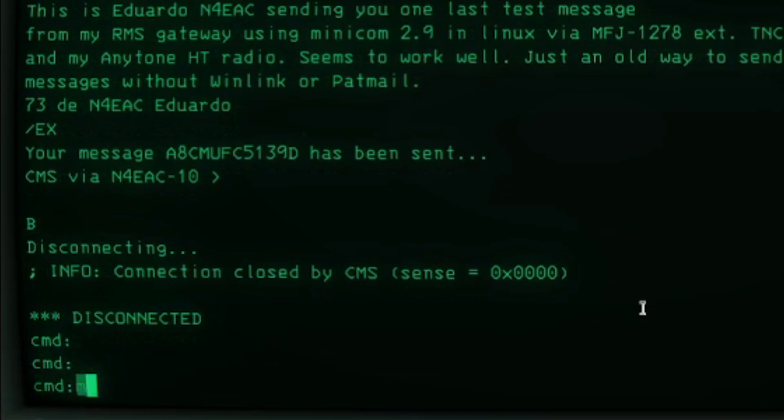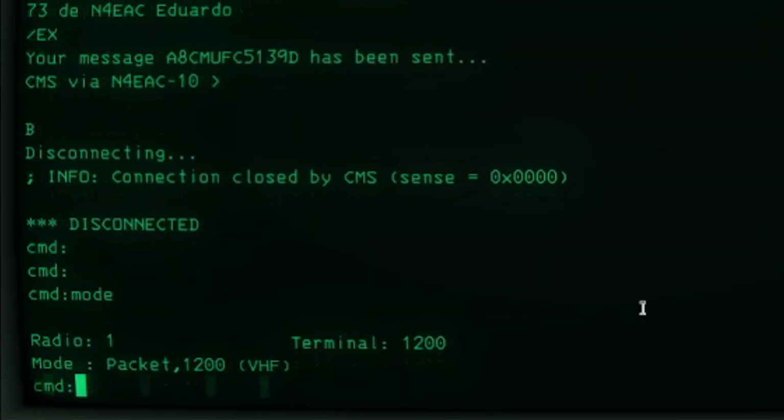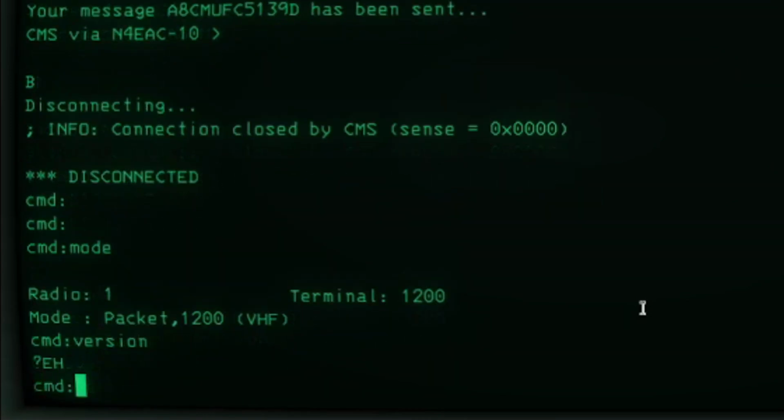Just to show you the mode, this is from the MFJ 1278. I don't know if I can do version. No, version doesn't exist.